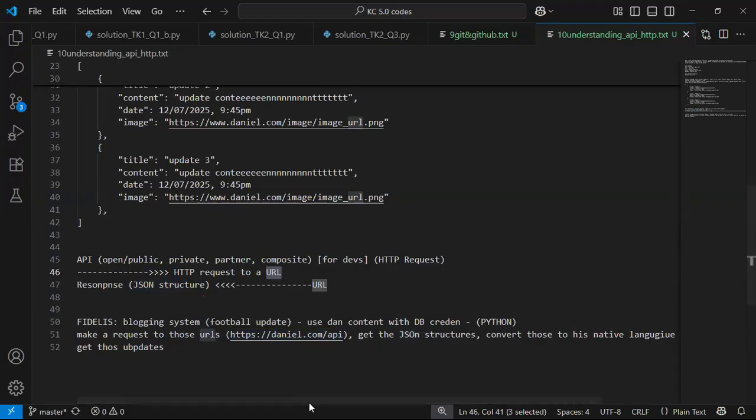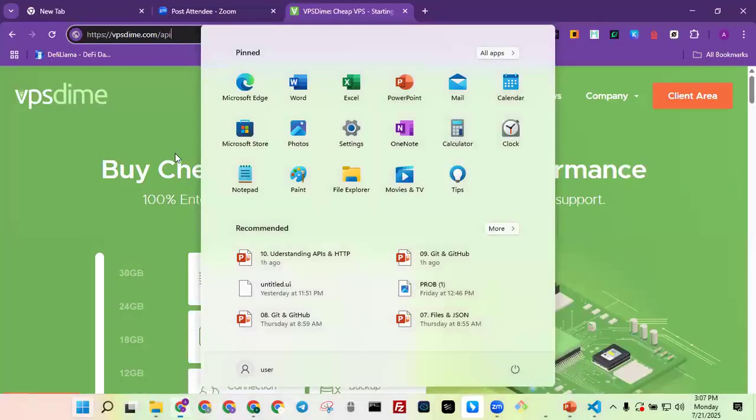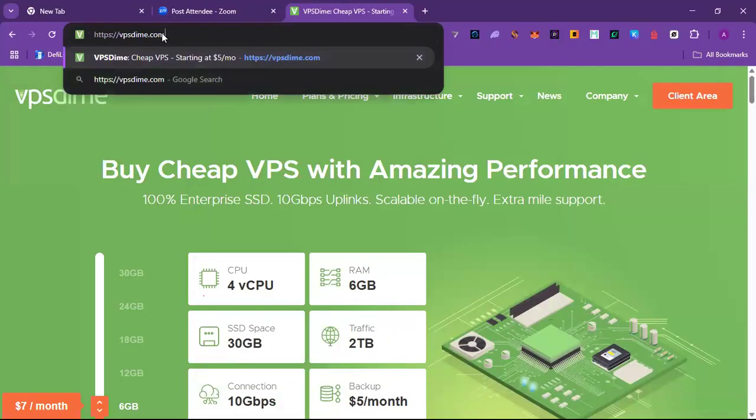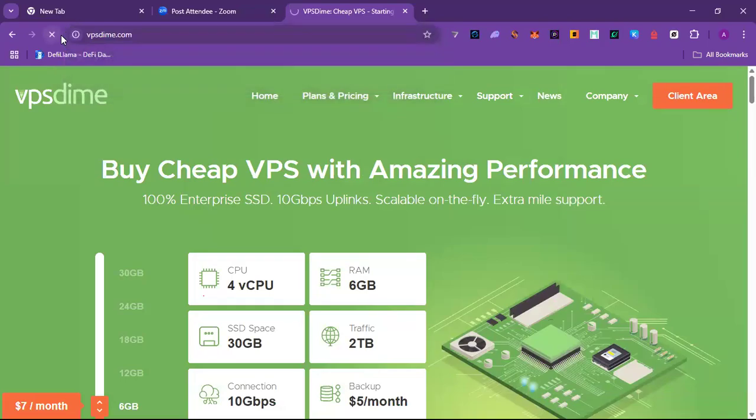So if I'm making a request, let's say I go to my browser and I put in this URL, let's say VPS dime. This is a standard URL, and then I click on enter. What happens is that your browser by default is meant to only send a GET request. When we talk about a GET request, we explained that it is only meant to fetch information. That's basically what your browser is meant for by default, to only carry out a GET